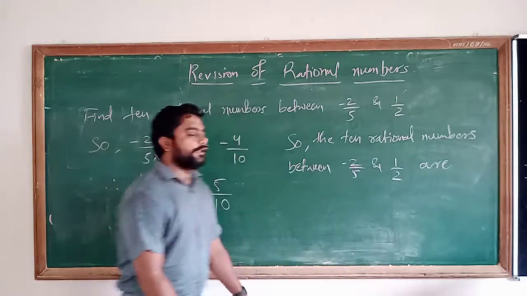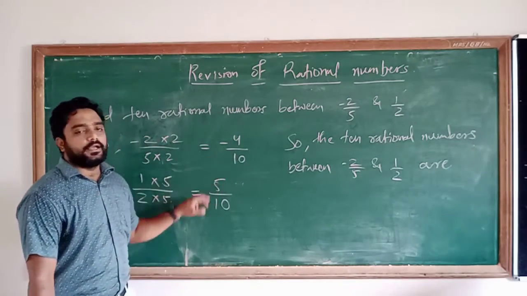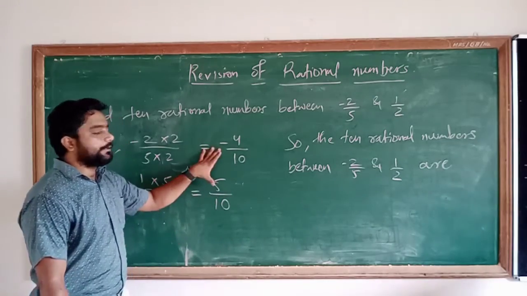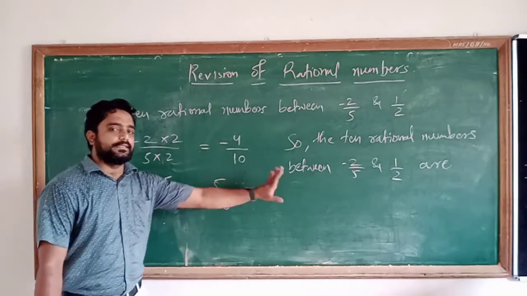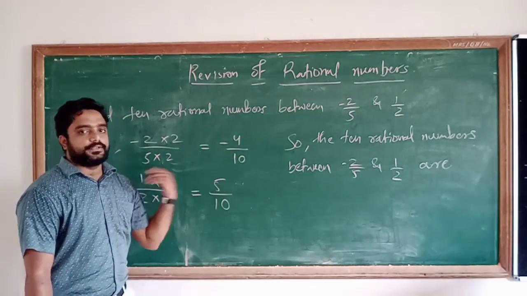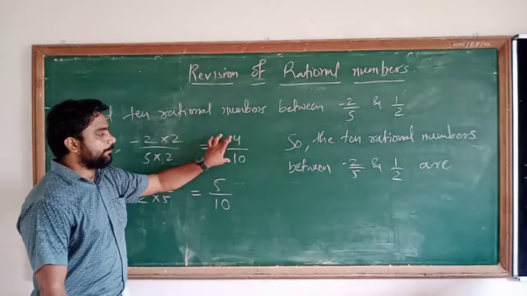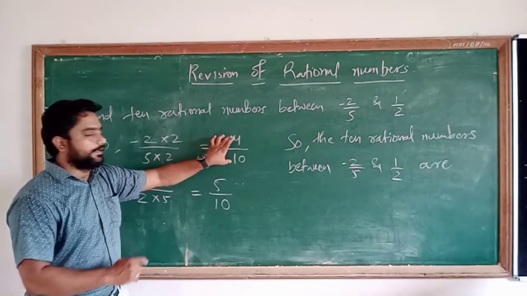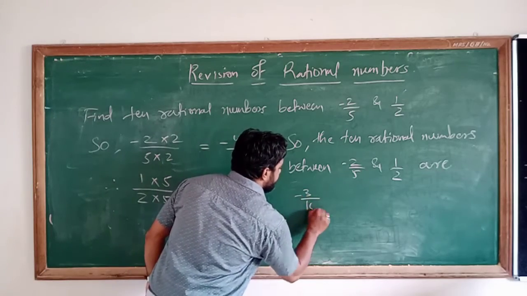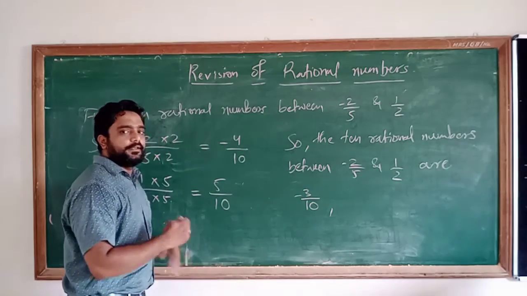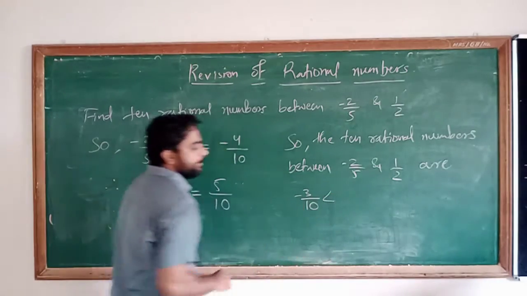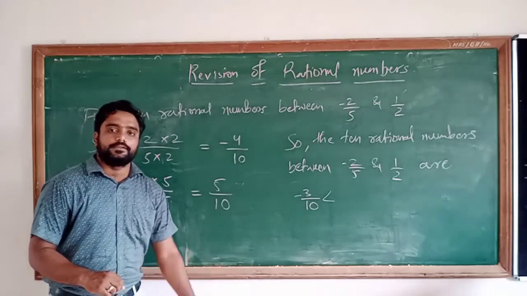So start. Okay. Why I am converting or why I am changing, means दोनों के सेम डिनोमिनेटर लाने का रीजन क्या है कि आपके पास एक इजी मेथड मिल गया जिससे आप इजीली लिख सकते हो, जस्ट इन अ डिक्रीजिंग ऑर्डर और इन इंक्रीजिंग ऑर्डर. अंडरस्टैंड और नॉट? ओके. So it is minus 4 upon 10. ओके. So it is not counted. ये तो हमारा एंड पॉइंट. इसके बाद वाला नंबर मिलेगा, it is minus 3 upon 10. Another one, you can write it in any form. I can write in the comma method also, or you can use the sign of less than also.